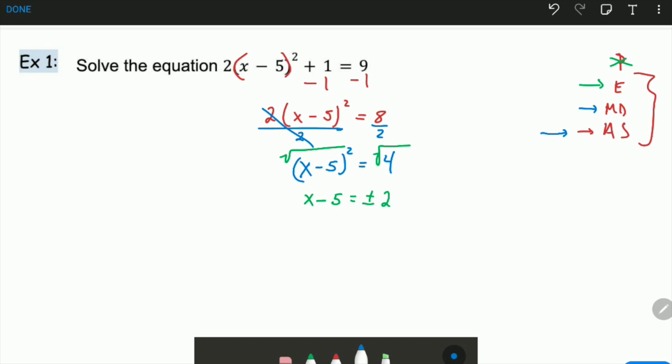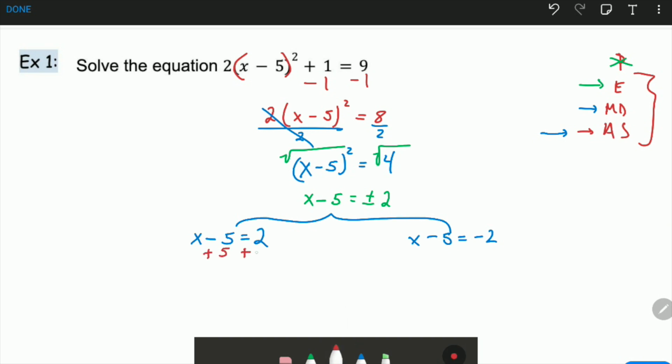So we start back at addition and subtraction. However, with the plus minus sign here, we're not going to be able to simplify things. So what we're going to do is we're going to separate it into the two cases. x minus 5 equals positive 2, and x minus 5 equals negative 2. Then we'll finish it off by getting rid of addition and subtraction,